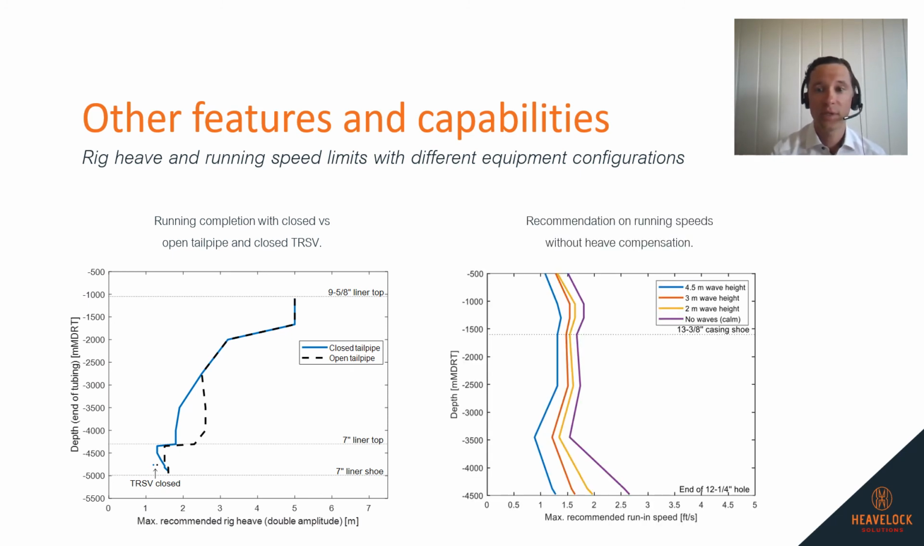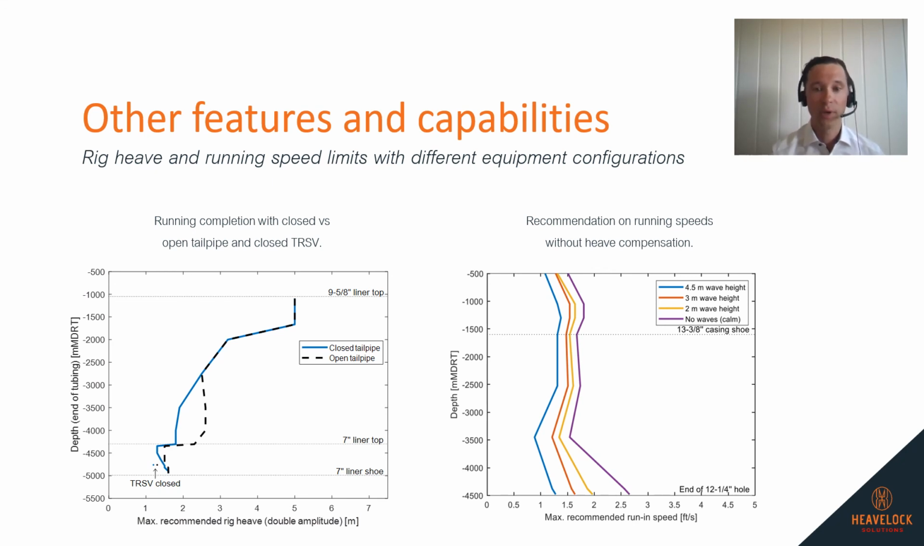And this is a recommendation on the running speeds without heave compensation. So this is when your rig is not equipped with a heave compensator, or if you choose for some reason to trip using elevators, so without any heave compensation. And there, the surge and swab effect